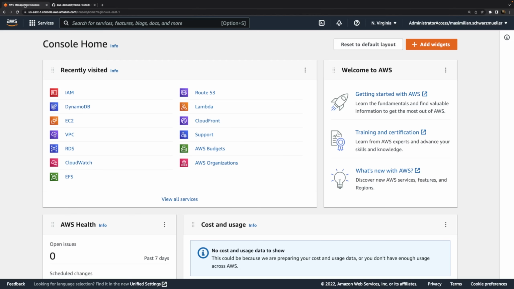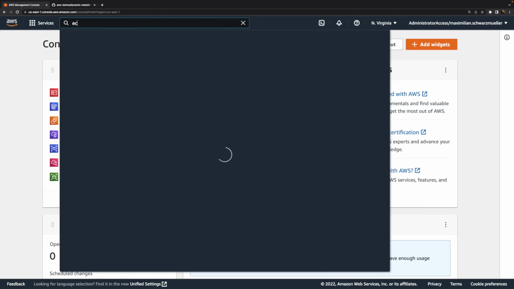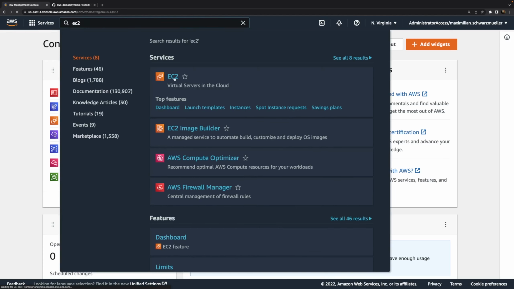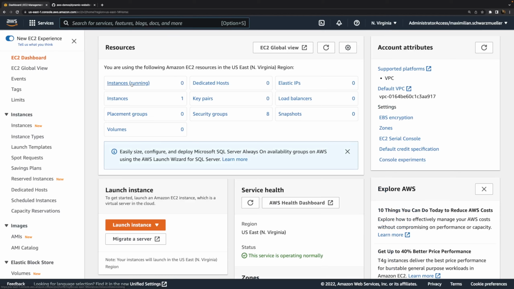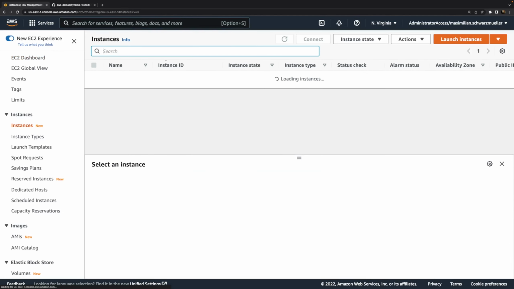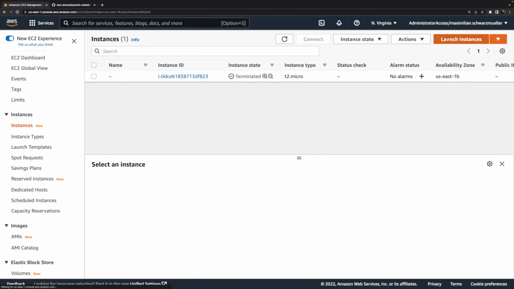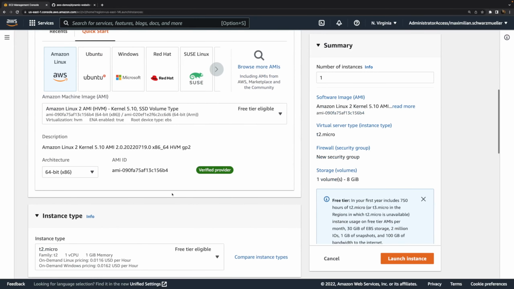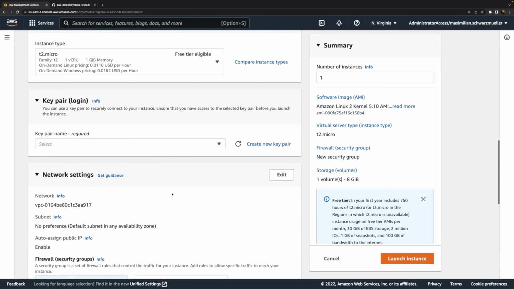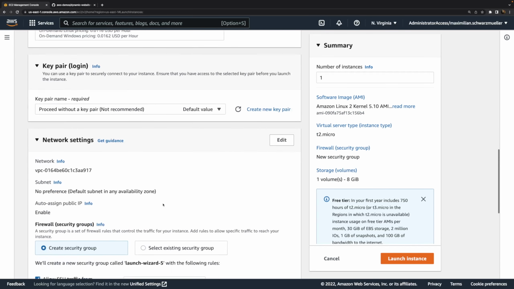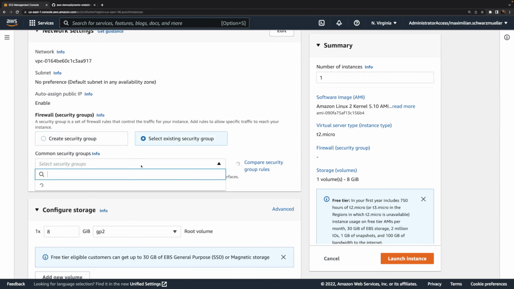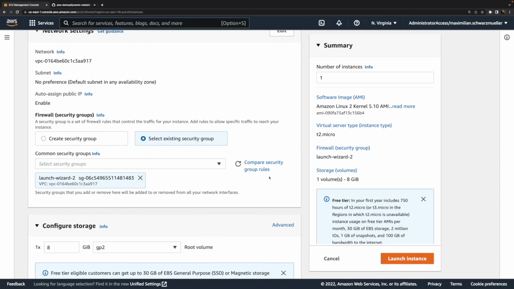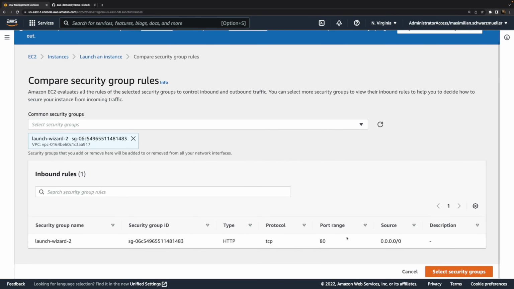Therefore, what we need here is this web server up and running, again on an EC2 instance in this case. Hence, I will go here, launch a new instance, and then there stick to the basic default AMI and the default instance type, select no key pair, and a security group that actually does provide HTTP access, as this one does.